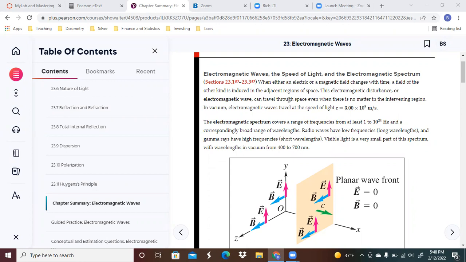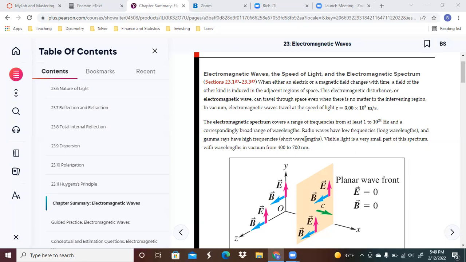So in the summary here, what we're seeing is that when either an electric or a magnetic field changes with time, a field of another kind is induced in the adjacent regions of space. This electromagnetic disturbance or electromagnetic wave can travel through space even when there is no matter in the intervening region. In other words, if there's just empty space, you will still see this particular wave. So in a vacuum, electromagnetic waves will travel at the speed of light, which is rounded to 3 × 10⁸